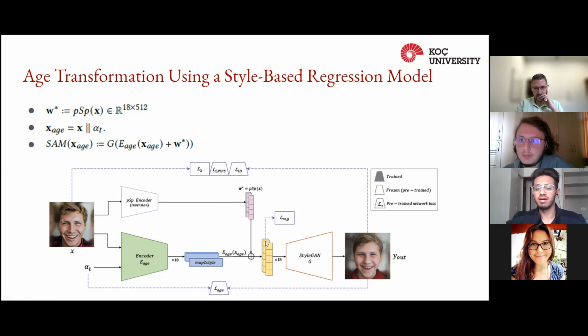So when we use this latent code to generate the image, it actually corresponds to the same person, but of a different age, as specified here as alpha. So they concatenate this alpha as a separate channel in the input image. And this encoder is basically an age encoder,